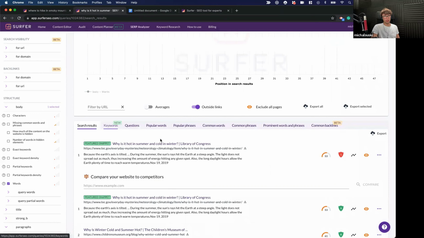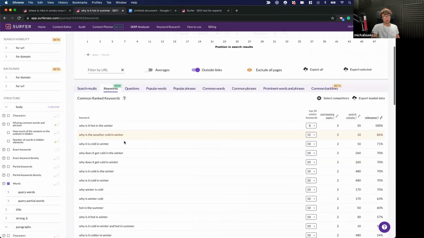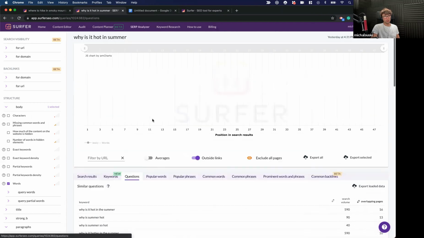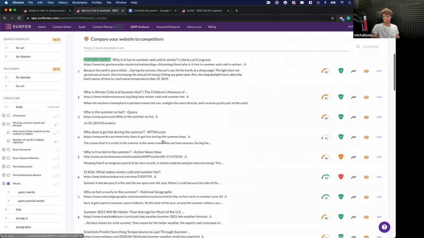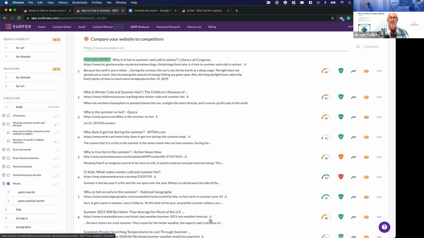There are a bunch of tabs that will allow you to find search terms with their search volume and relevance, questions to answer. Do you analyze schema as well? Yes, we do. For example, if you hover over these, no structured data found. But here it is: news article, image object, person, and organization. This kind of schema and this kind of schema.